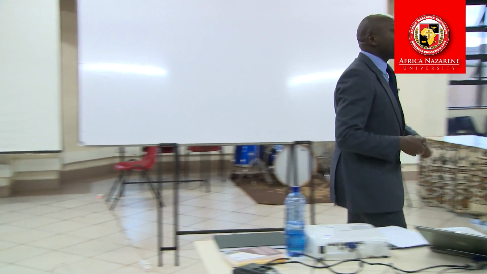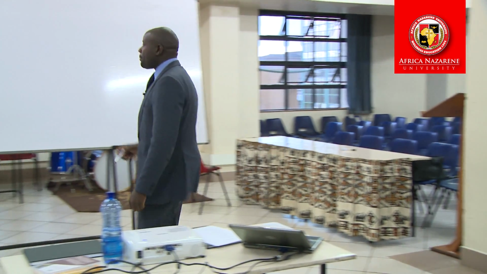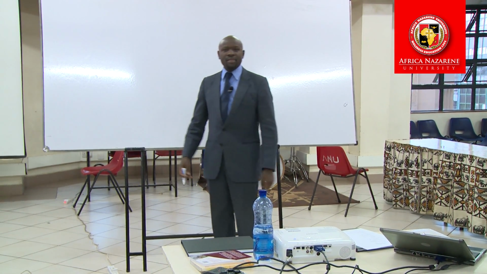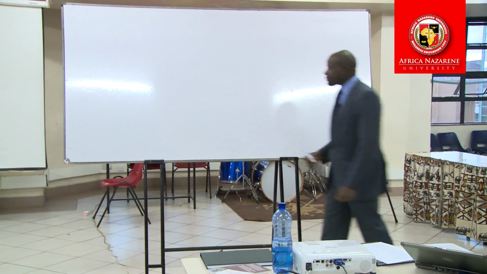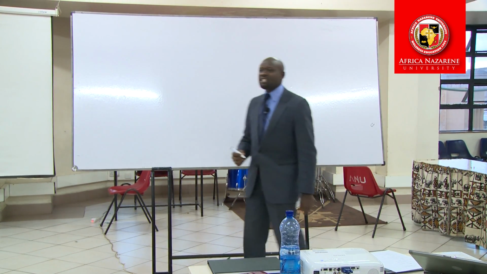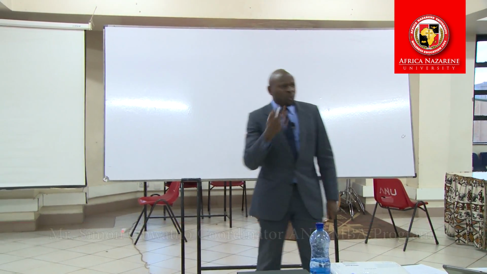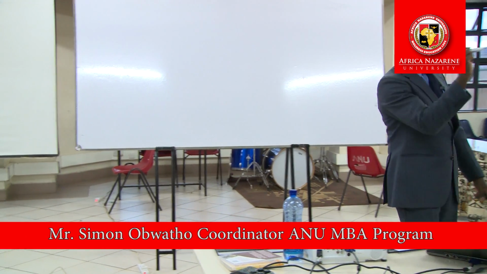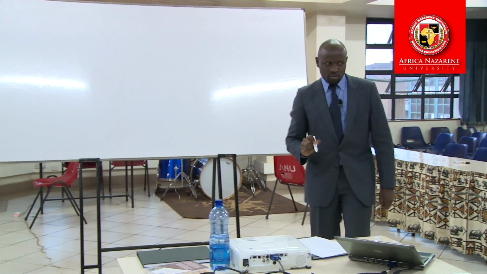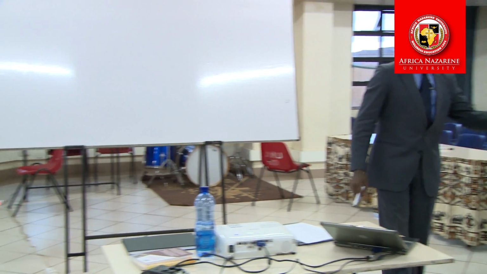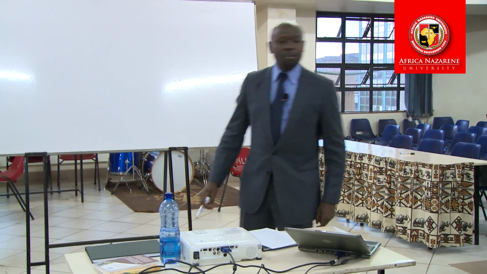How do we identify existence of a problem? I'll give you a very simple approach. I have 3 aspects that could help you identify a problem. And these 3 aspects will form your statement of the problem, usually 1.3 of your research proposal. 1.1 is introduction. 1.2 is background of the study. 1.3 is statement of the problem.